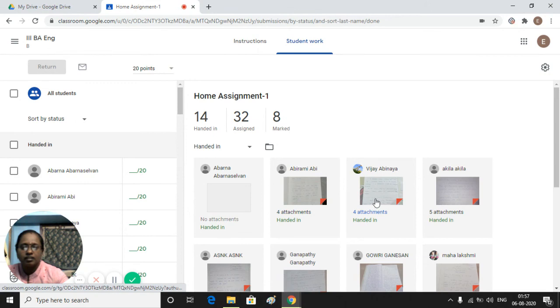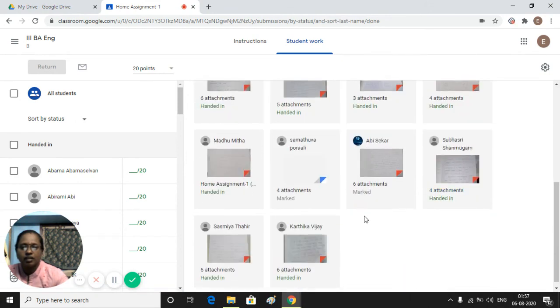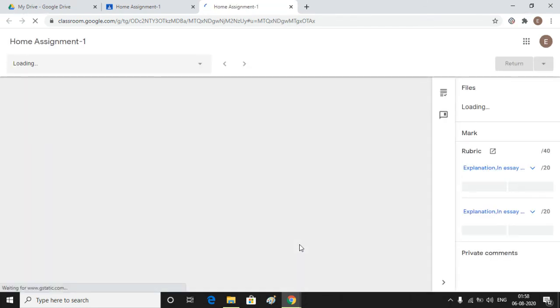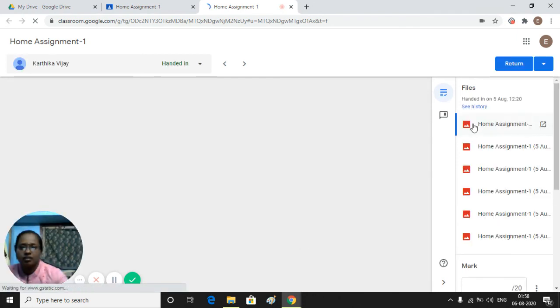Everyone attached their homework. Like that, the student Kartika attached 6 papers, 6 photocopies.